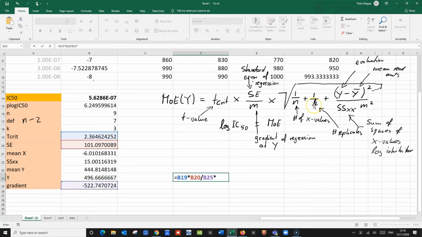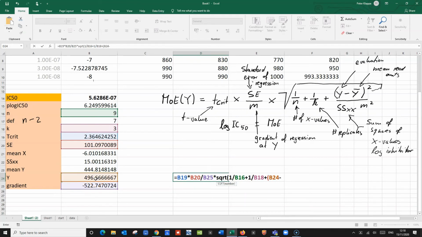So now we go into the square root. Square root of 1 over the number of counts of observation plus 1 over the number of replicates. That's this one, plus, and now we are in this part here, we calculate at the evaluation point